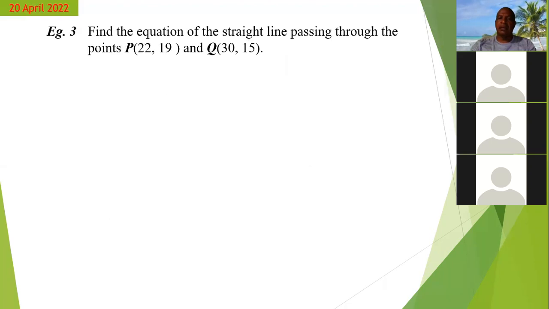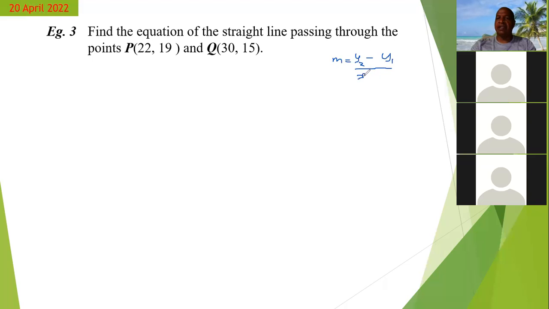All right. Here we have now the other scenarios. So I had mentioned 3 scenarios. We have done 2 already, and this is the next scenario. These are pretty much the only 3 scenarios that you would probably come across when you're doing questions. So here we have 2 points. We are not given the gradient, but we are given 2 points. Now, recall that you can calculate the gradient using 2 points. Let's call this the y value in the second point, and we subtract the y value in the first point